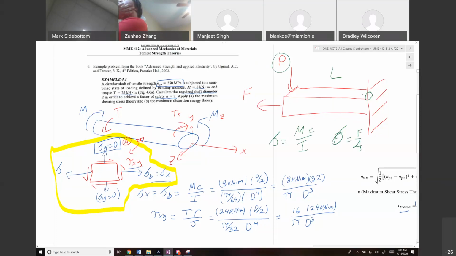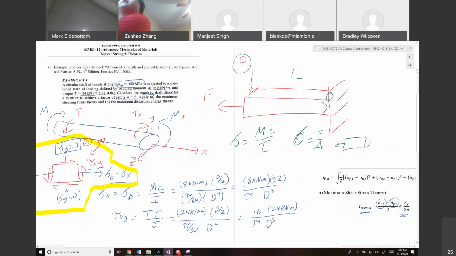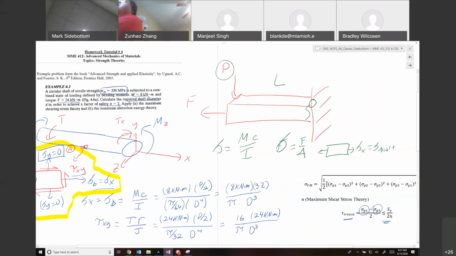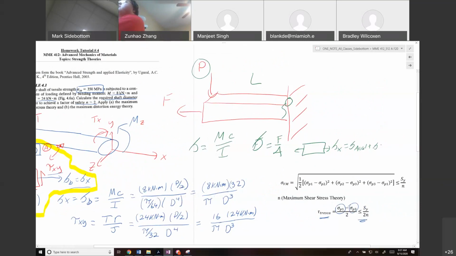So if you looked at this element here, right, it would have, right, so you could use... so the issue with these types of problems somehow for a